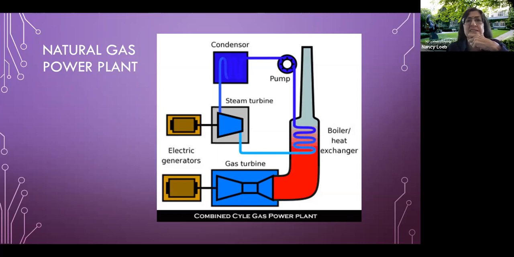The problem with this is that natural gas contains methane, and methane is one of the most effective means of warming the climate. It is much more powerful in terms of its warming qualities than carbon is. So it's especially a concern, and this is why a lot of people talk about natural gas as a transition